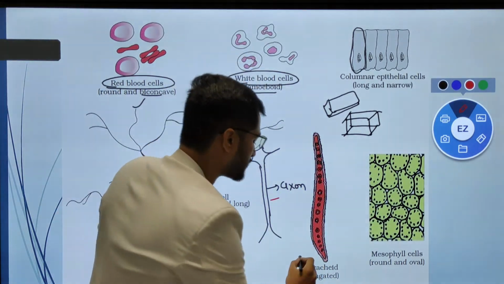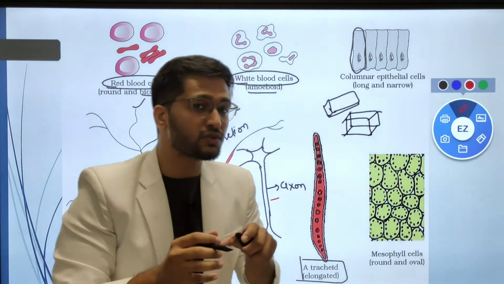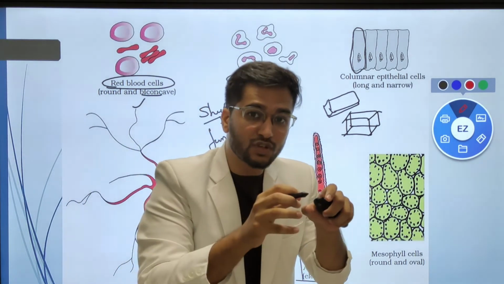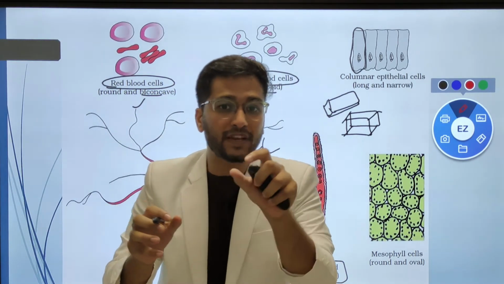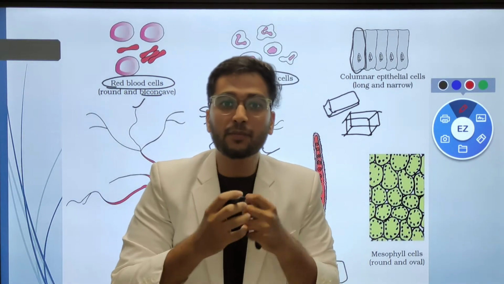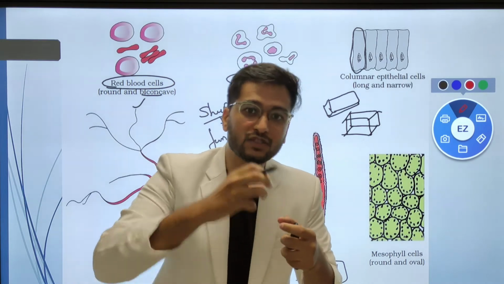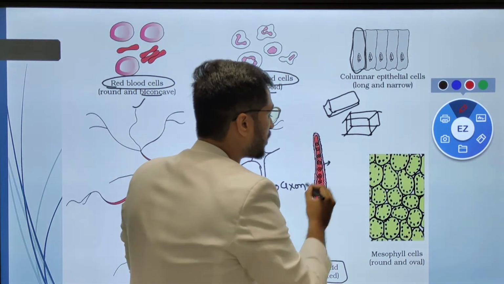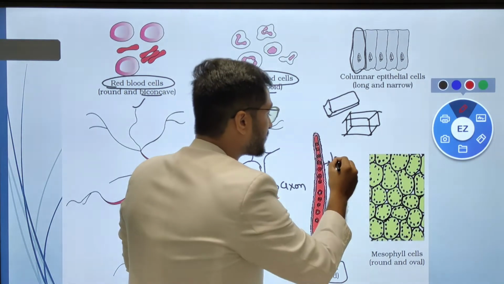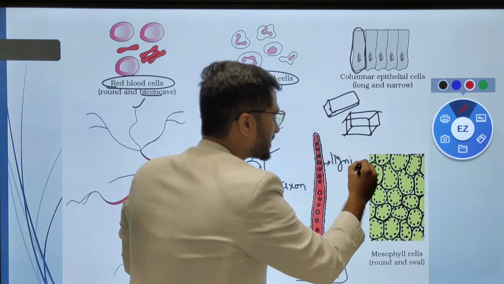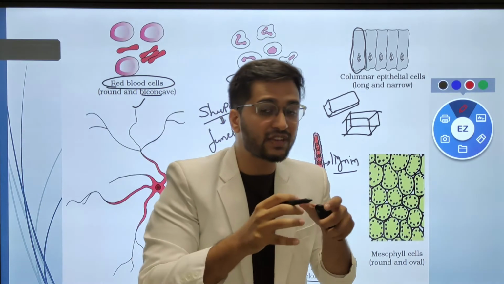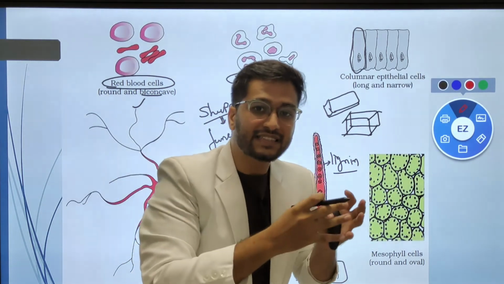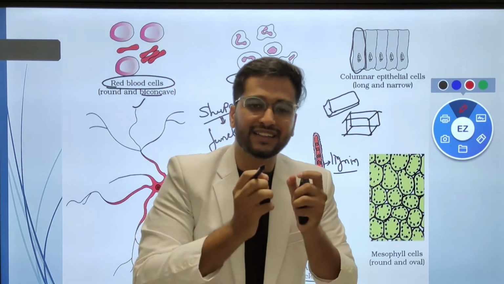And let's see this one. This is a trachea. As you know, the trachea is the unit of xylem in gymnosperms and angiosperms. Clear? So xylem is composed of trachea, and xylem has to conduct water, so that's why the cells of trachea are lignified cells. And lignin is basically a dead material which is impermeable, so water cannot escape. So that's why the xylem can easily carry water.